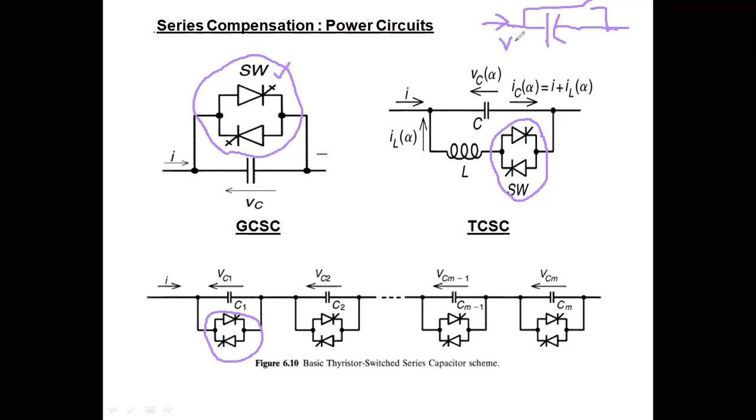because based on that we can vary the voltage across the capacitor. We cannot vary the current as in the case of TCR. So we are taking the current as constant. Here this is the current. So we take the voltage across this one.